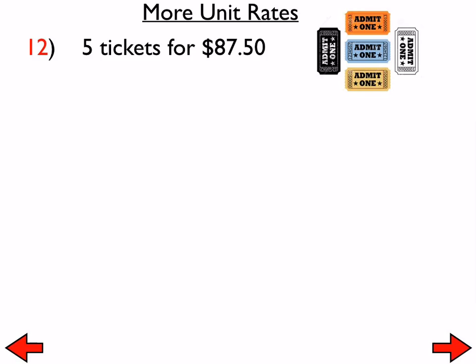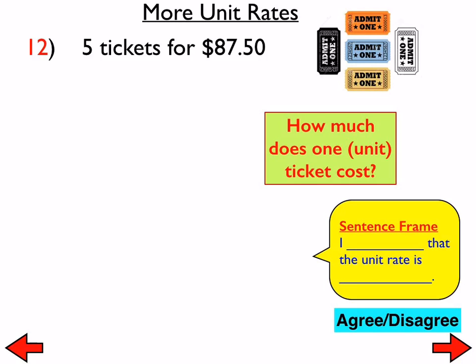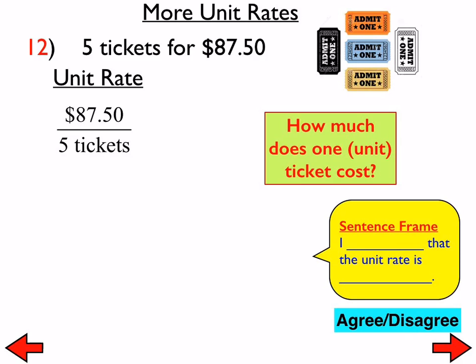So we're trying to find the unit rate. So it makes most sense to figure out how much it is for 1 ticket. This is a perfect example of when I say money usually goes on top. This is a classic example right here. So how much does 1 ticket cost? Well, we would have to divide that to figure that out, and as I think all of you got, $17.50